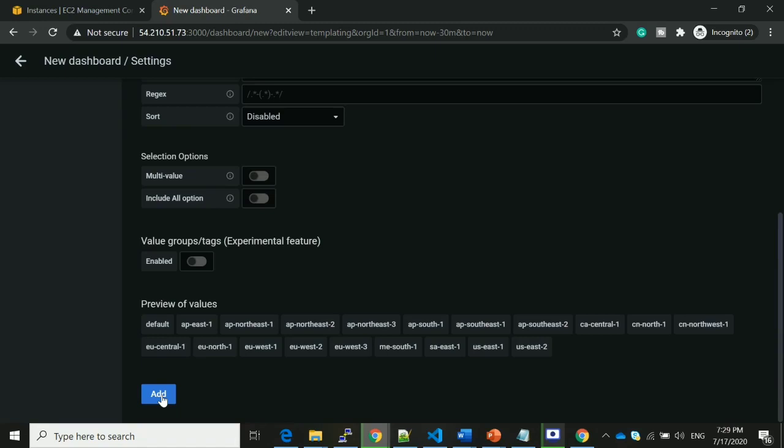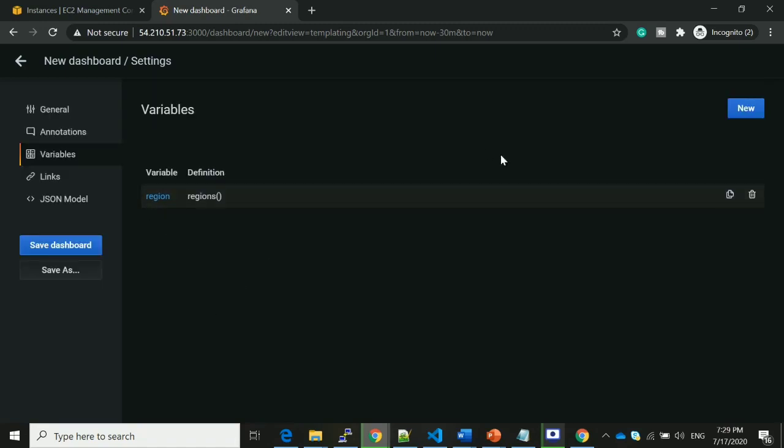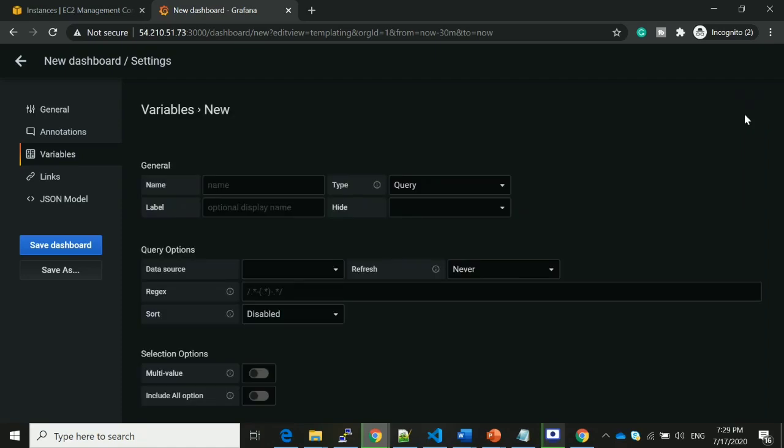Click on add button. Let me create another variable. Click on the new button. Here I am creating the variable called namespace. Namespace, label as namespaces.